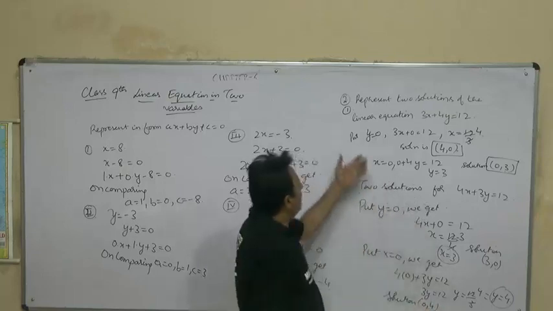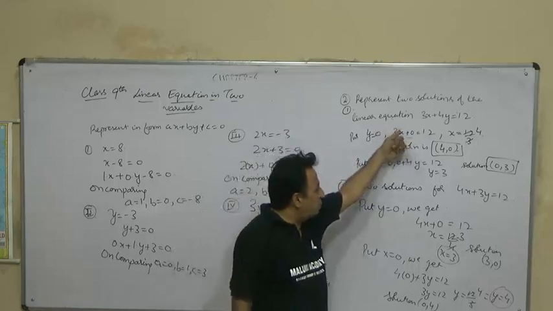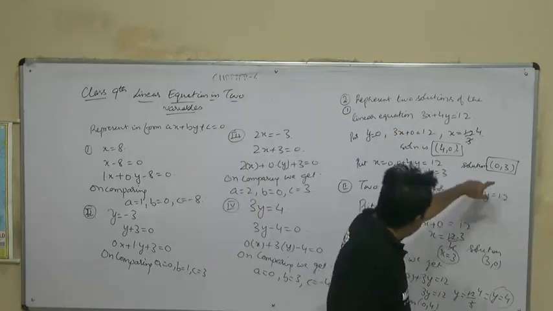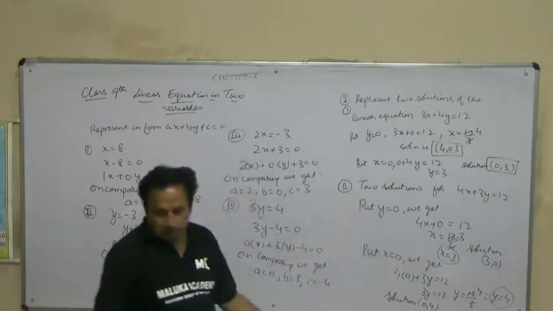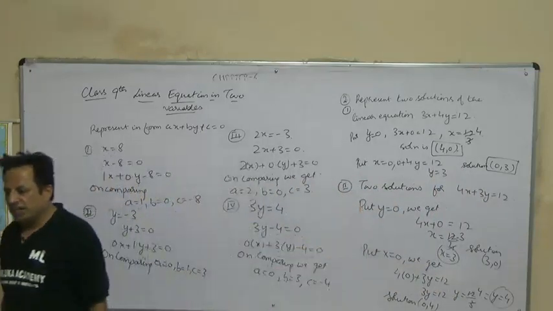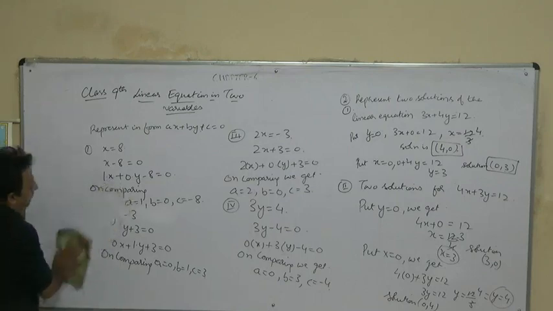So as I have told you in the previous equation, it is 3x plus 4y is equal to 12. Solutions were 4, 0 and 0, 3. Now it is 0, 4 and 3, 0. The coefficients get reversed. Then next is, before we move to the next part, first I will clean the board so that we can write here.